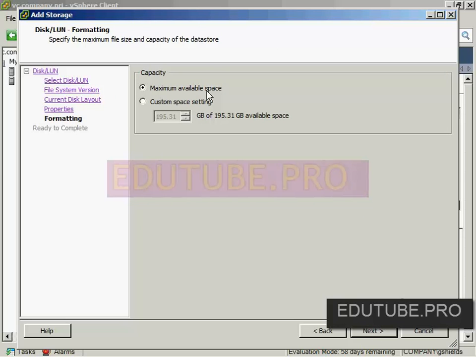Now, these hosts are both at version 5, so I can create this data store as VMFS version 5. I'm going to create a partition here. You can see it's not quite 200 gigabytes in size. And then I need to enter a data store name. I'll call this VM Data Store 1. And choose the next button here. And I can format it to the maximum available space if I want, or I can choose a